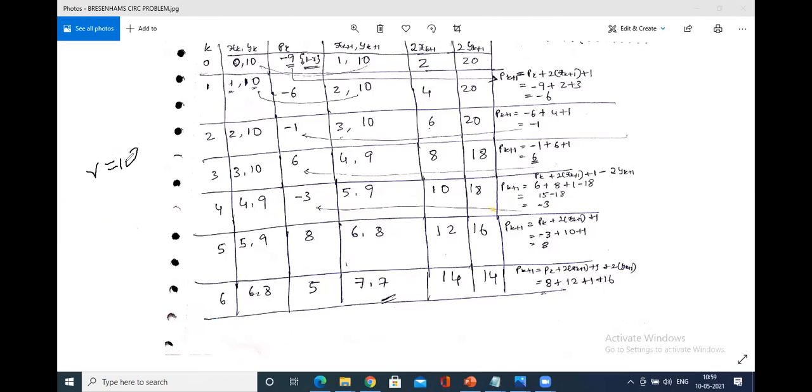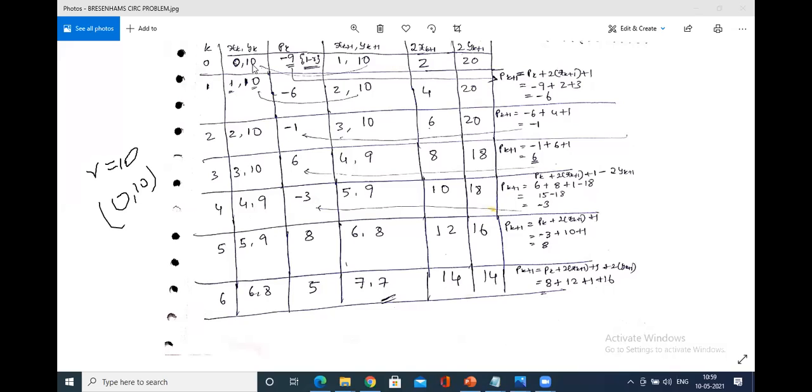is given. So what is my first intercept? So 0 comma 10 is my intercept. That you have to first evaluate over here. Hope the screen is visible to all of you. So 0 comma 10 is the first intercept. So calculate p naught value, that is the initial decision parameter. How do you calculate the initial decision parameter? That is 1 minus r. P naught equals to 1 minus r.